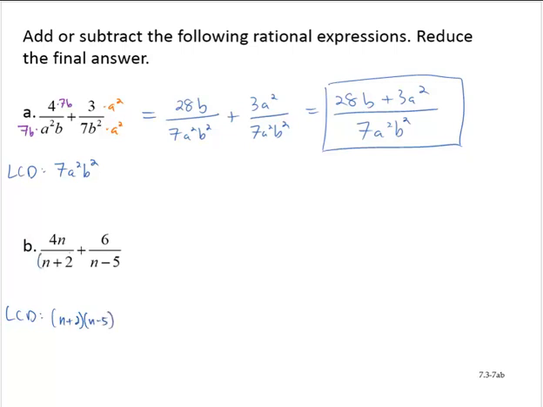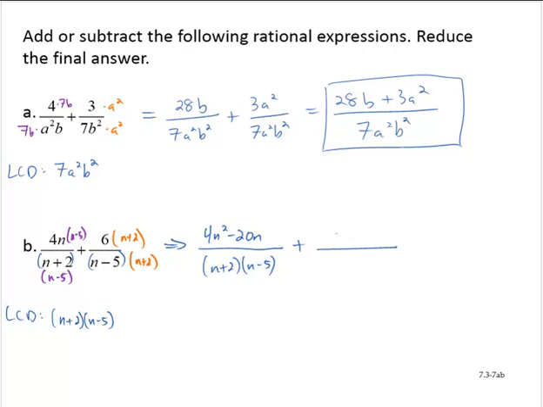So I need to multiply the first fraction by a factor of n minus 5 in both the denominator and numerator, and the second fraction by a factor of n plus 2 in the numerator and denominator, giving us equivalently 4n squared minus 20n over n plus 2 by n minus 5